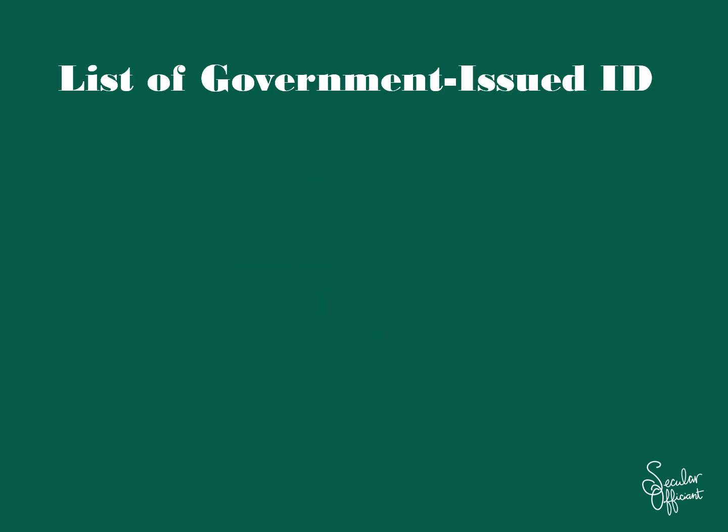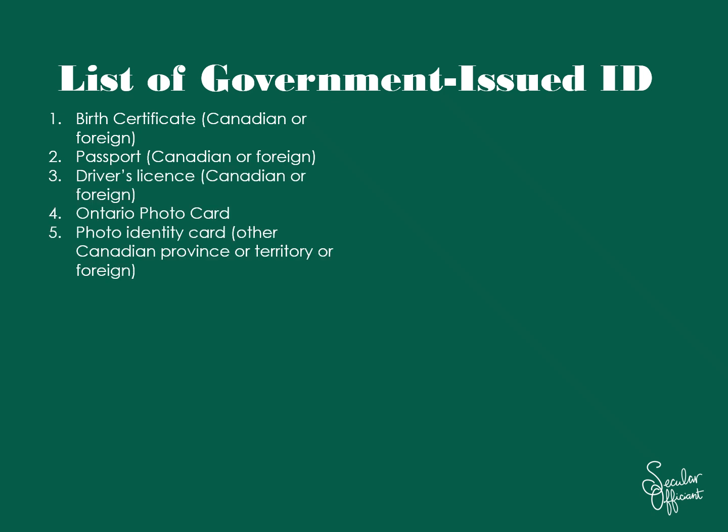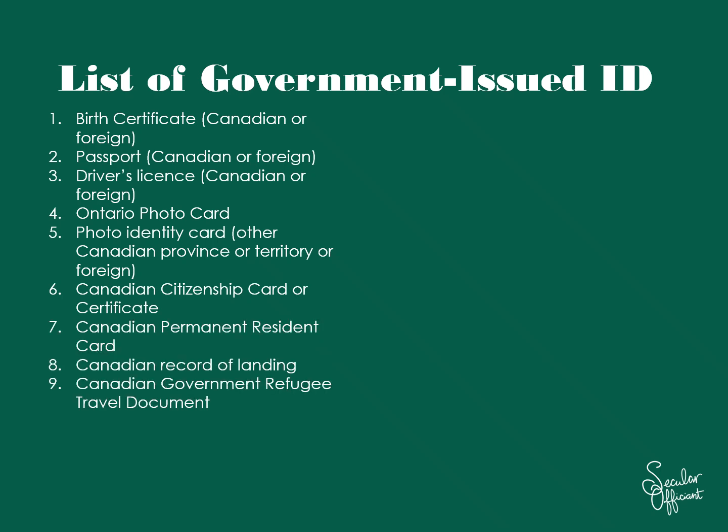List of government-issued identification. According to the ServiceOntario website, here is a list of 20 government-issued identification that are accepted. They include birth certificate, Canadian or foreign, passport, Canadian or foreign, driver's license, Canadian or foreign, Ontario photo card, photo identity card, other Canadian province or territory or foreign, Canadian citizenship card or certificate, Canadian permanent resident card, Canadian record of landing, Canadian government refugee travel document,